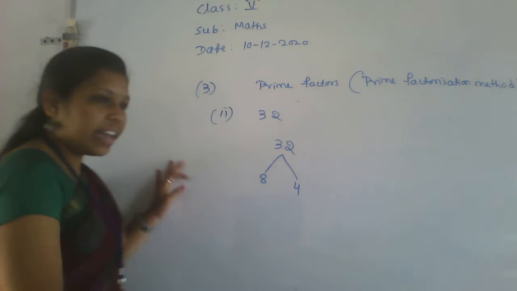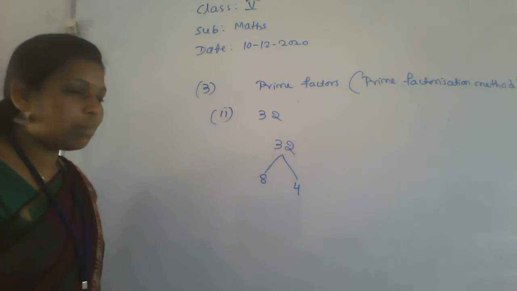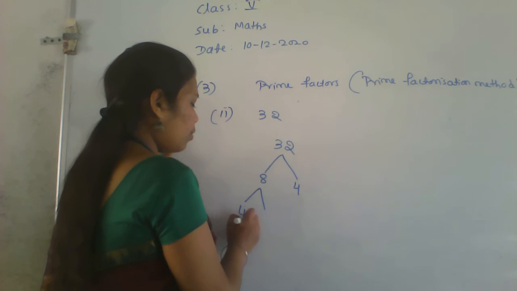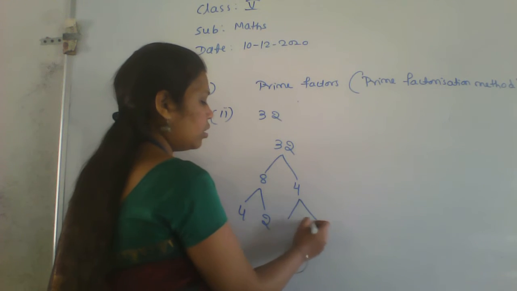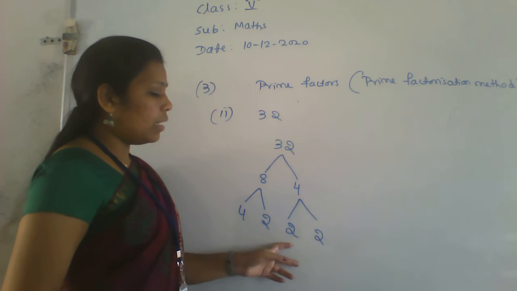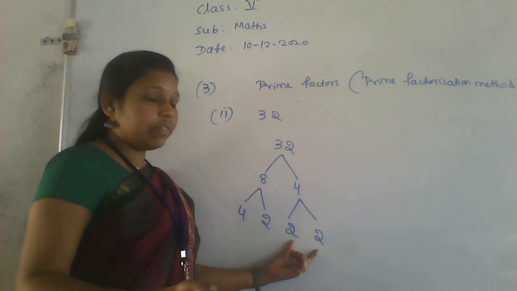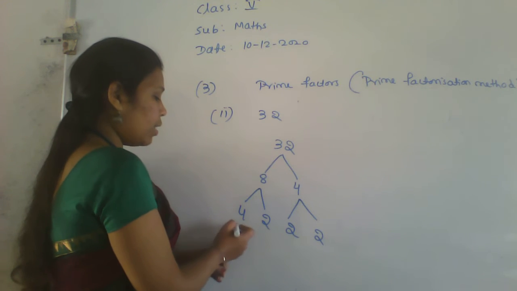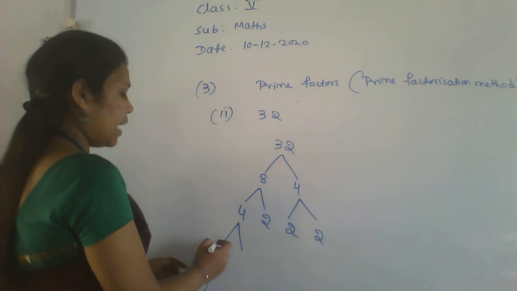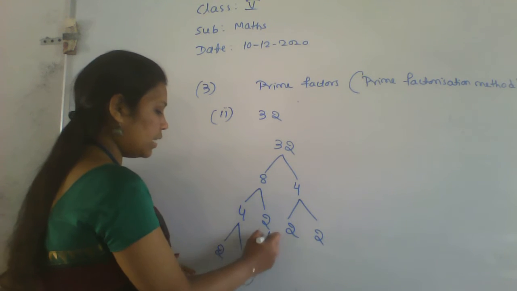16 2s means again it will become a lengthy tree. That's why I am taking 8 4s here. Okay. So 8 4s are 32. Here 4 twos are 8, and here 2 twos are 4. Okay. Once you get the prime number, leave that only. That will be the answer. Okay. Here you are getting again 4. 4 is not a prime number. Divide this 4 again. It will become 2, and it is only 2.